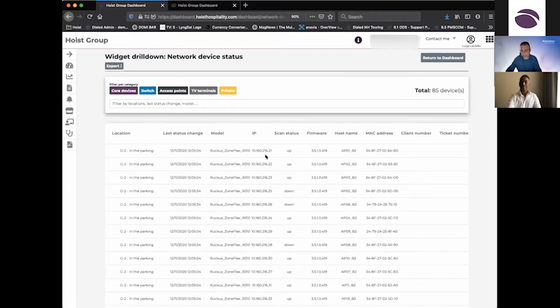Then we see the IP address. This is the IP address in the Hoist management network. You need to know that Hoist has a VPN network that covers all the hotels installed across the footprint. And for each single device, we have a unique IP, so we can directly connect to each single device